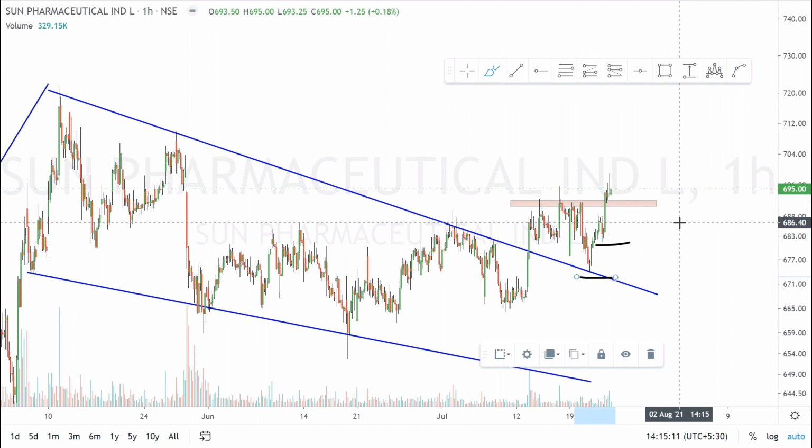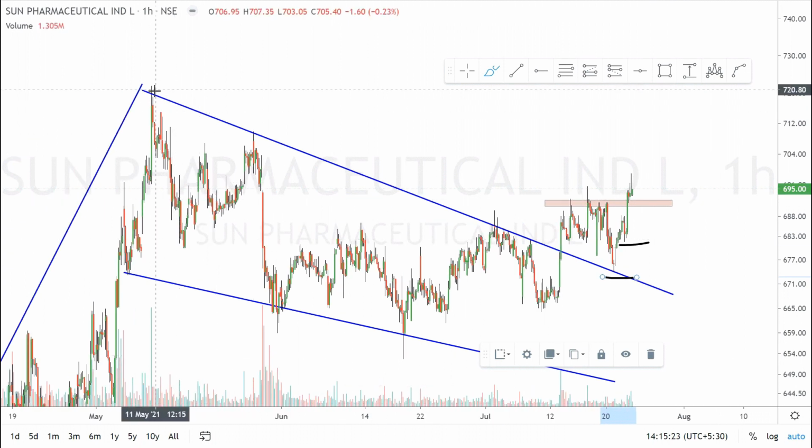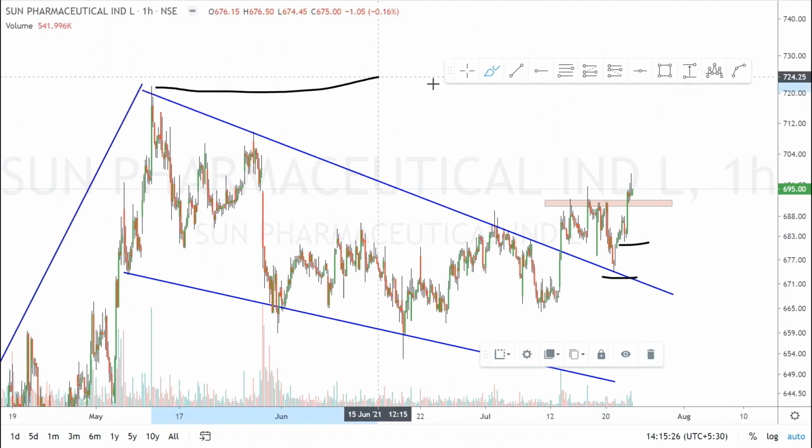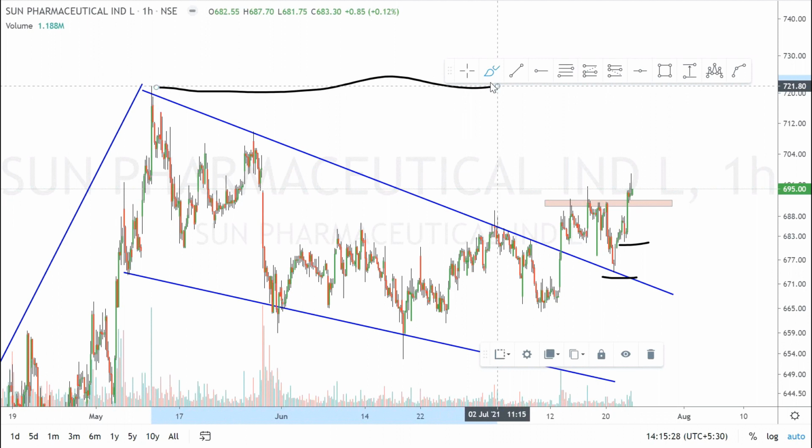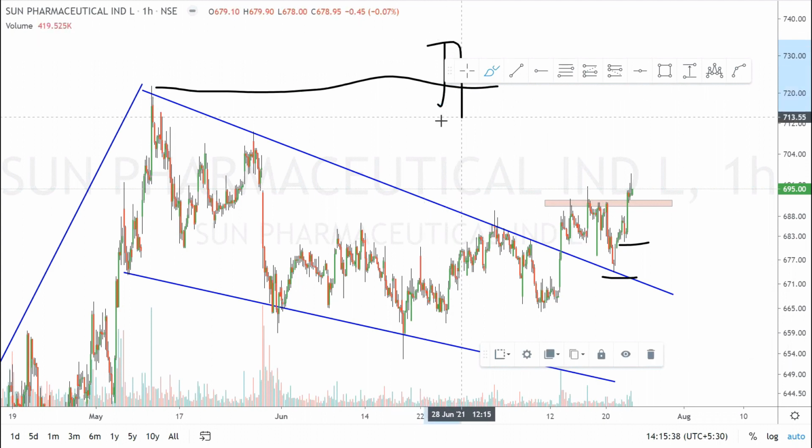Why is this the minimum RR ratio? Because guys, we are not doing intraday, we are doing swing trading. So basically the minimum RR ratio we opt for should be 1:2. And if we talk about the target, the first target, obviously, is going to be the all-time high of the stock, that is around 721, and the probability is quite high that if the stock breaks the all-time high, then we can expect some good move from here. So we can keep trailing a stop loss and we can improve our RR ratio to 1:2.5 or 1:3.